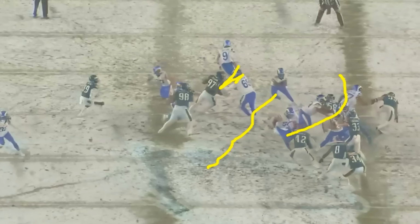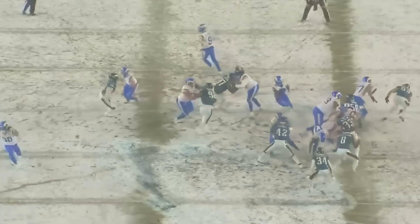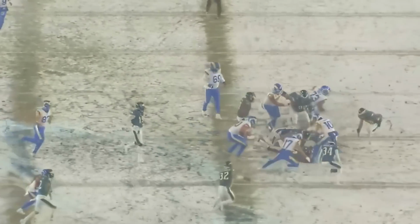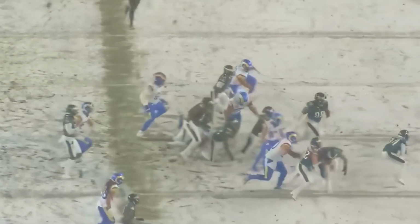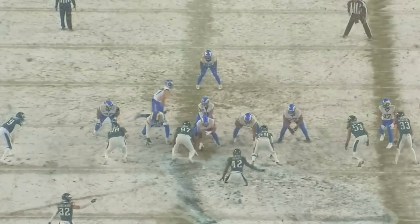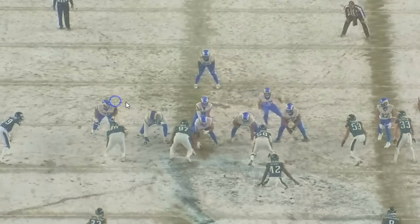But of course, Jalen Carter does what he always does, right? If you're going to try to down block Jalen Carter, he gets over the down block. If you're going to try to cut him off the way the tackle has to here, he's going to get past that. To me, the fact that Jalen Carter's responsibility is inside of this tackle, and the fact that this is actually going to be a zone run towards that side, there's just no way anyone's going to cut off